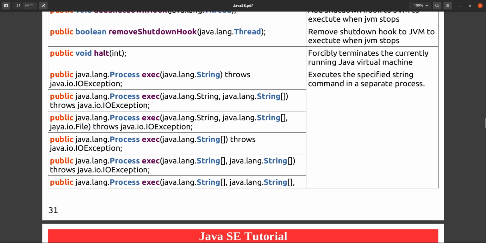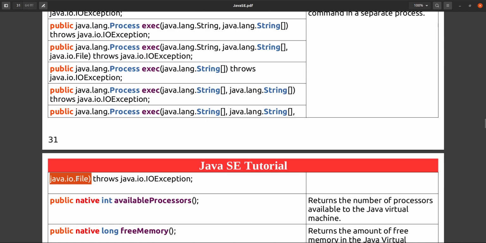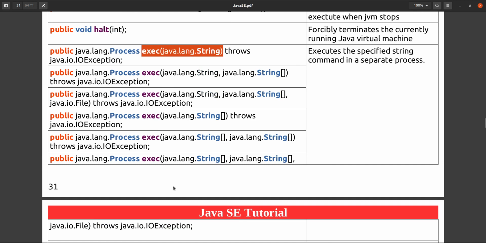This is an input output file. We will see the input output package. In that you will see File is nothing but representing a file, like a text file, PDF file, image file, video file, anything. You want to supply some file to your process, to this command, along with some parameter. You can use this one. The same way, if you want to give multiple commands and multiple arguments, and a file, it's up to your choice how you want to use it, but the motive is only to execute a process of the operating system. We can use this exec method.